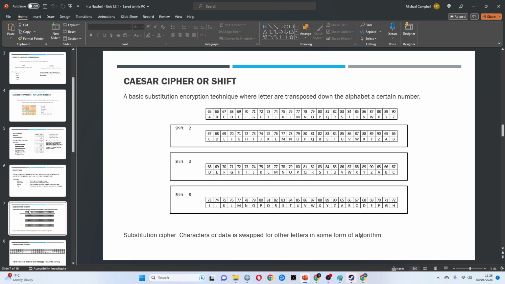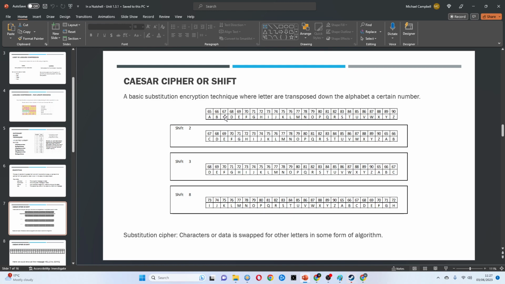And this is a very, very basic form of encryption where you simply shift letters down the alphabet. So we could agree to have a shift of 2. It's named after Julius Caesar, but I won't go through the history. It's probably not true anyway. But yeah, if we had a shift 2 method,